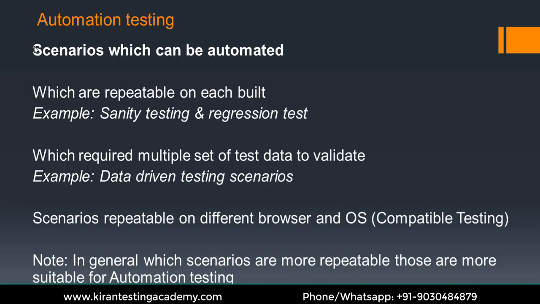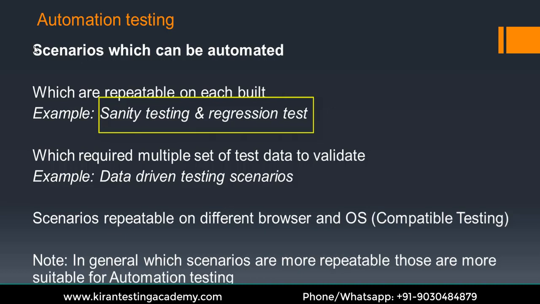The scenarios, test cases or test scripts which keep on repeating, or the functionalities which need to be tested multiple times, those should be taken into automation. In simpler words, repeatable activities are most suitable for automation testing, like